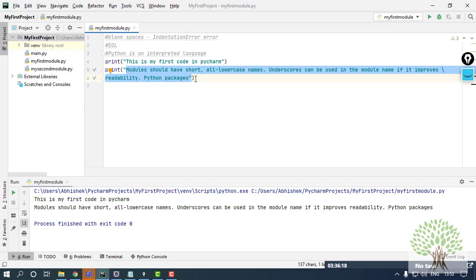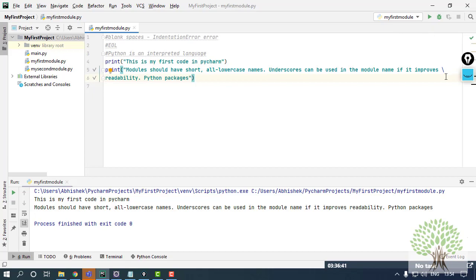Suppose in the third line I find an error, like over here. At this time it is going to stop the execution of the code and pop up with the error. There are other languages as well which do not check line by line. They check the whole code in one go. But Python is an interpreted language and it will give you the line number at which the error has come.